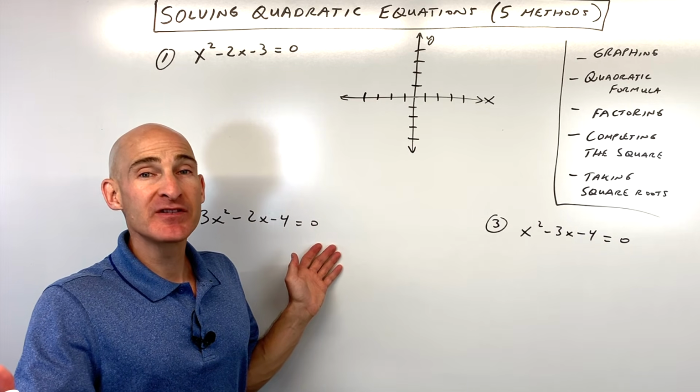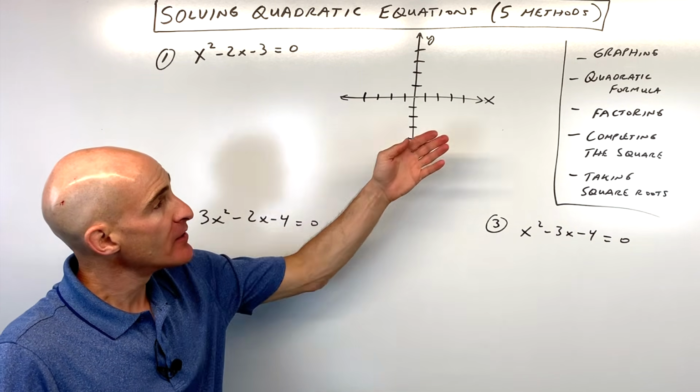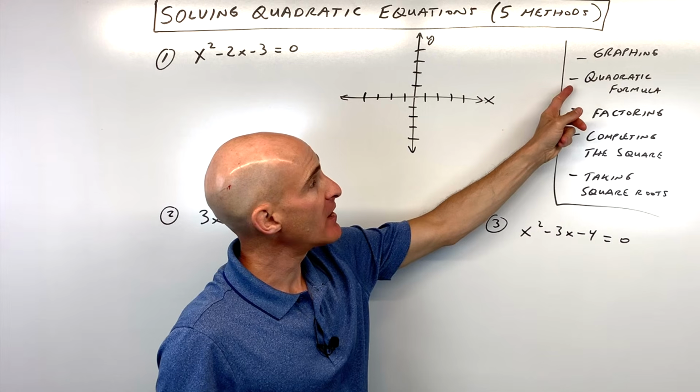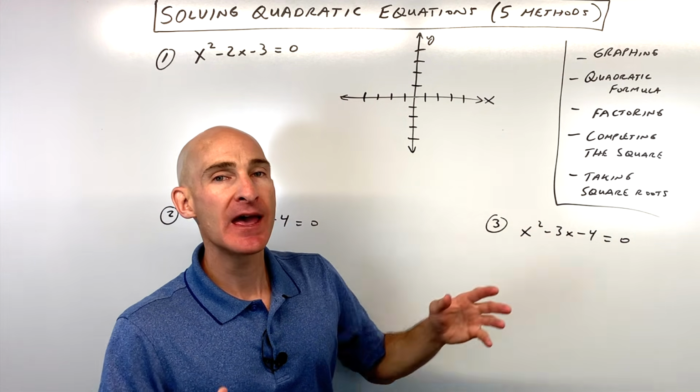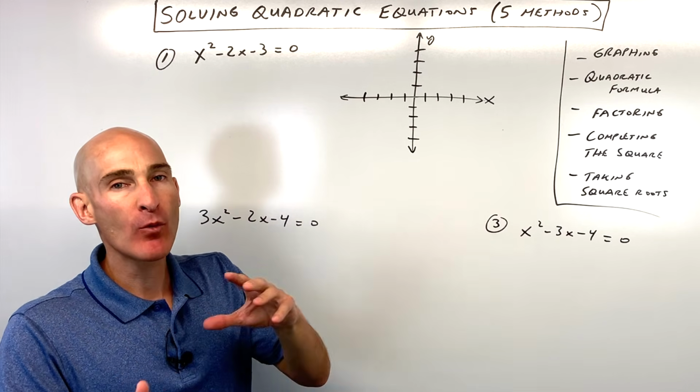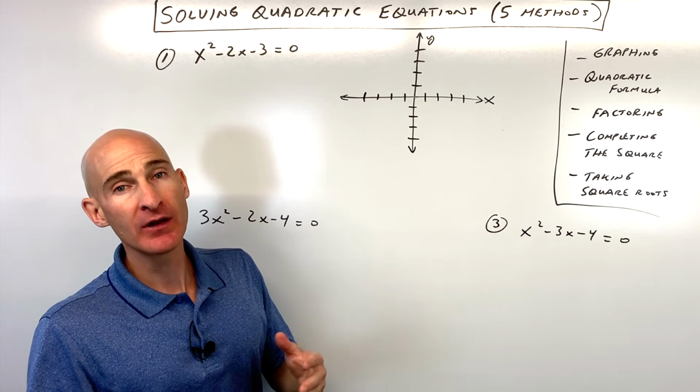So what are the 5 methods of solving quadratic equations? These are the ones we're going to talk about in this video: the graphing method, quadratic formula, factoring, completing the square, and taking square roots. And more importantly, I'm going to show you when you might want to use one method over another in a